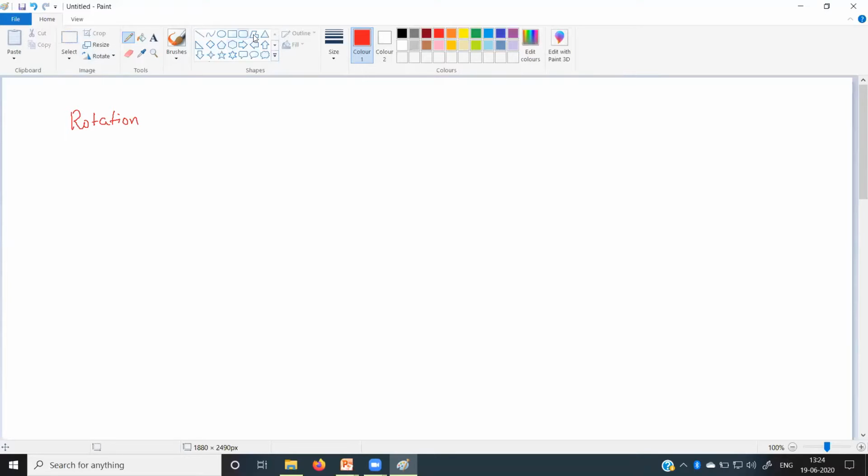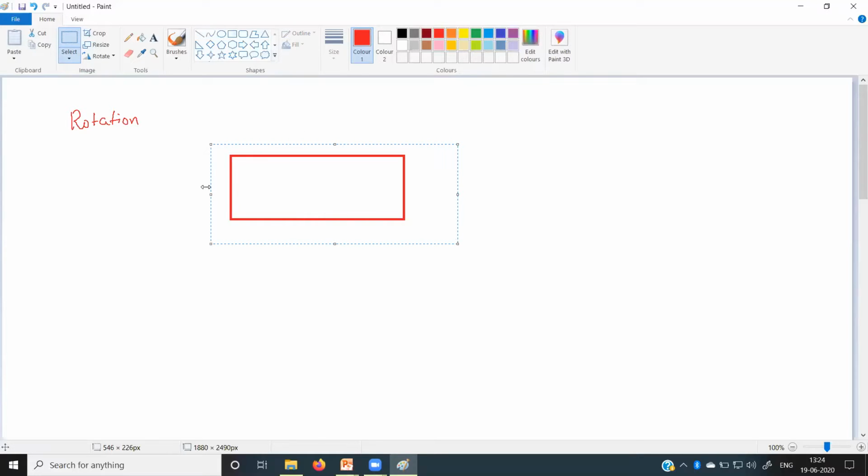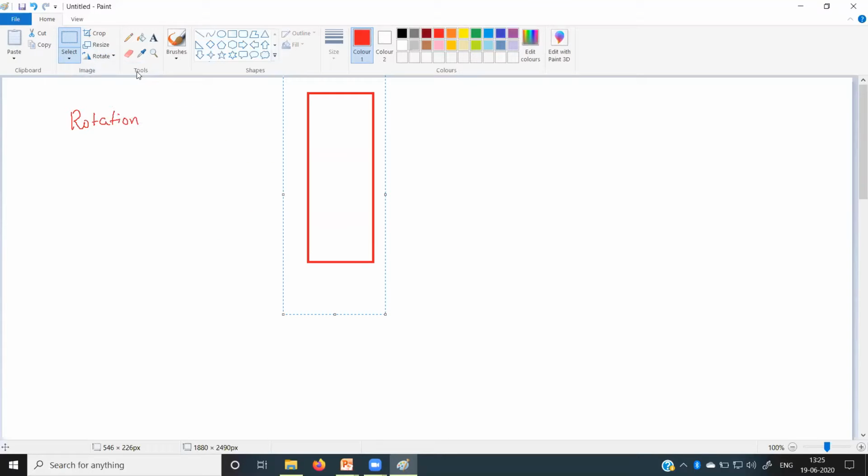As you know, while you draw any object, as per your requirement, you need to rotate it. Suppose I have drawn this rectangle. Now I wish to rotate this rectangle. So what do we have to do? I have to select this rectangle and then select some angle along which I want to rotate it. If I select rotate 90 degrees, you can see the rectangle is rotated by 90 degrees. You can also perform free rotation, and as per your requirement, you can rotate the object at any angle.